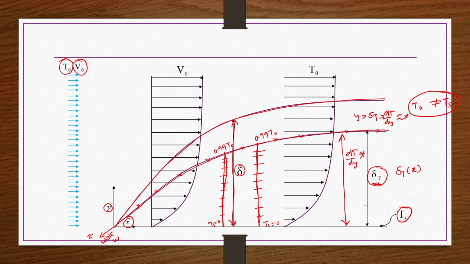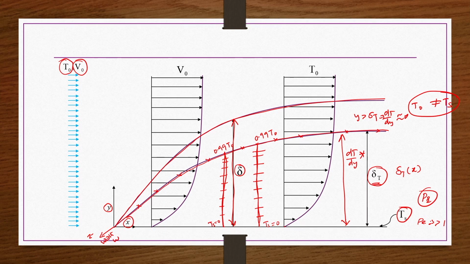Now, this delta t is less than delta or greater than delta, it depends on the Prandtl number or the Peclet number. If it is very, very small, then delta t is usually greater than delta, but that is true only for small Reynolds number cases, very small Reynolds number flows. However, these boundary layer flows are more important at higher Reynolds number and then higher Prandtl number case.